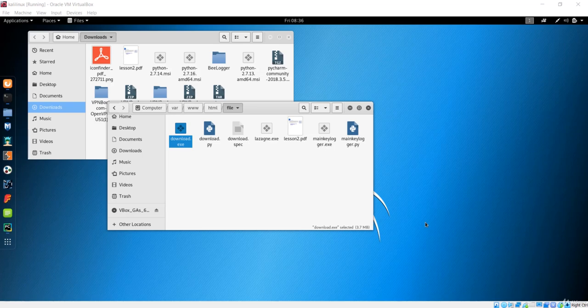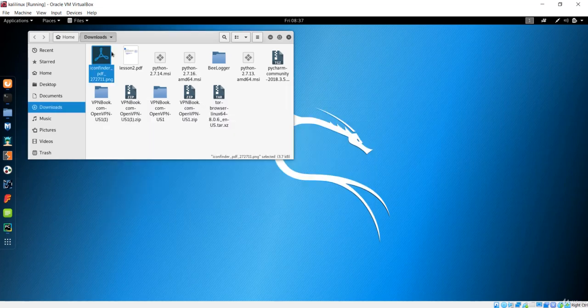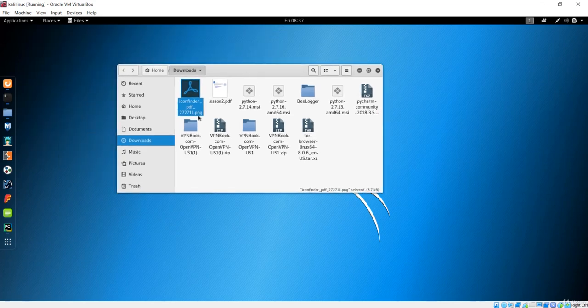Welcome to this lecture. In the previous lecture we made this payload that was wrapped with the PDF file, but this doesn't look like a PDF file. So let's try to change the icon and do some things so that this payload won't be more suspicious than before. Here we have this download.exe. I have already downloaded this PNG file over here. We now have to change that payload, which was usually the .exe file created with PyInstaller, into a file that has the icon of the PDF. So let's do that.